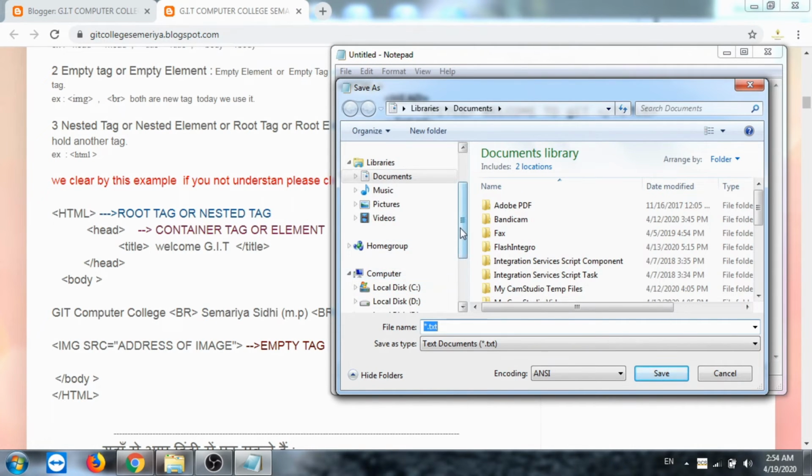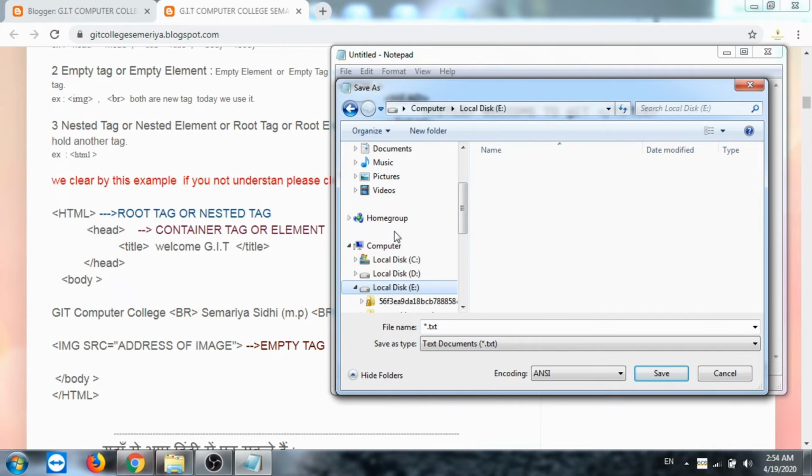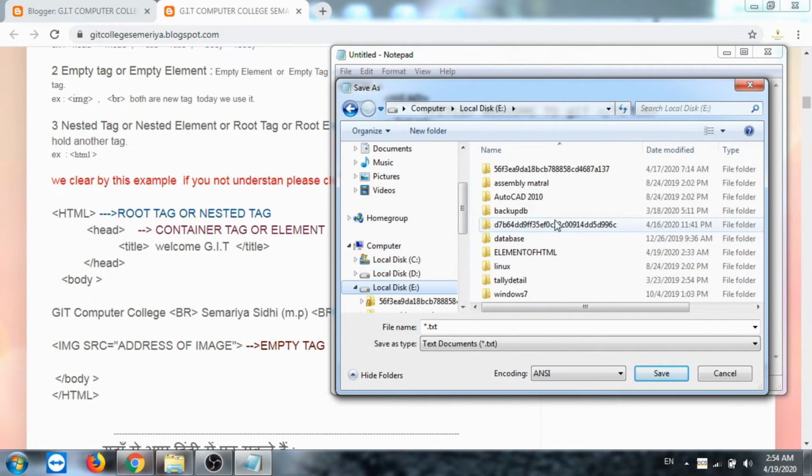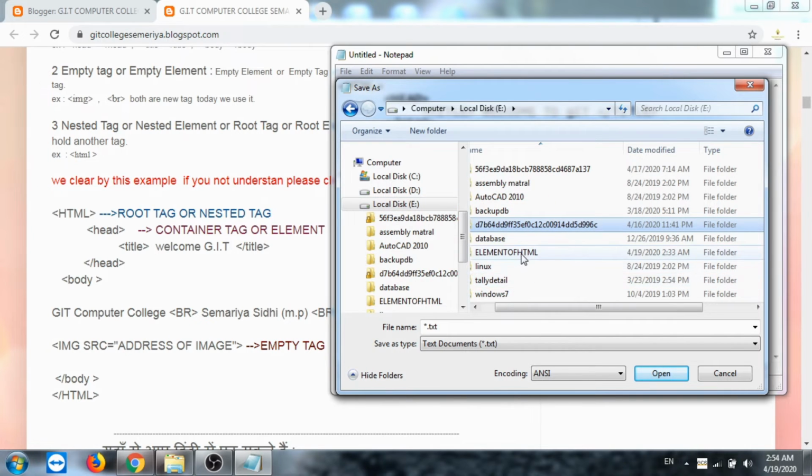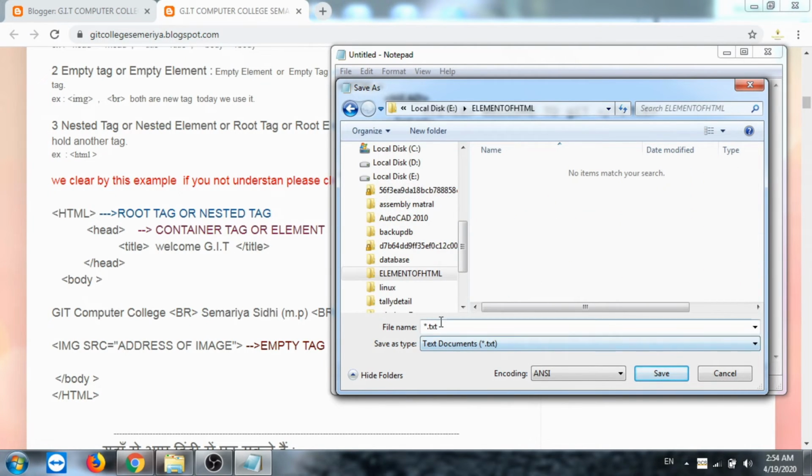I save this in E drive, and my folder is elements of HTML, and the name of the file is test element.html. Here you see I am using this extension. Never forget to write this extension, otherwise your file will not run.